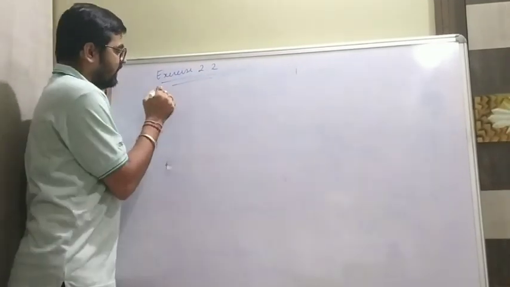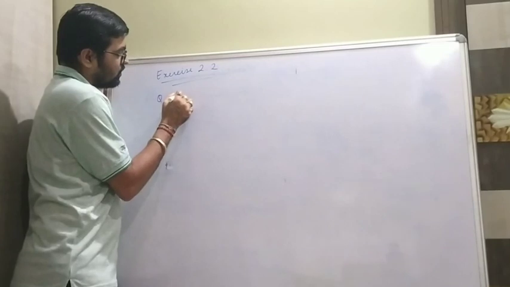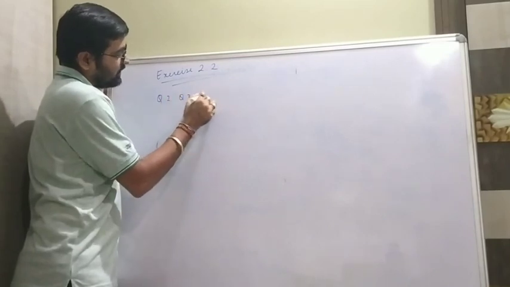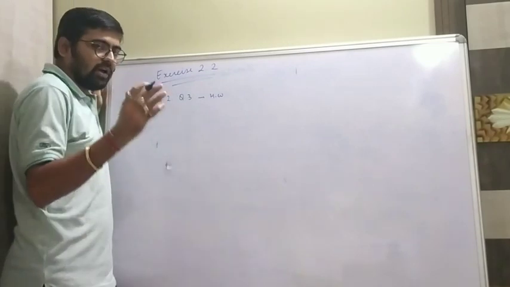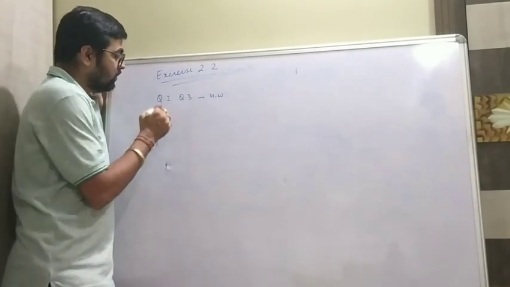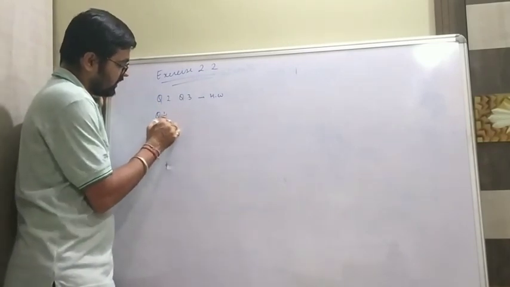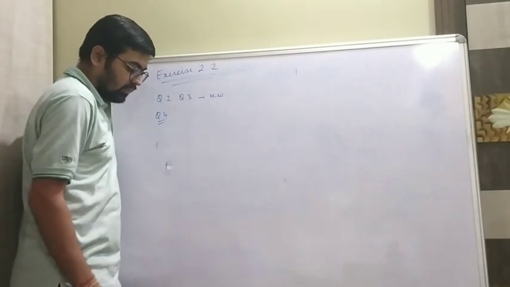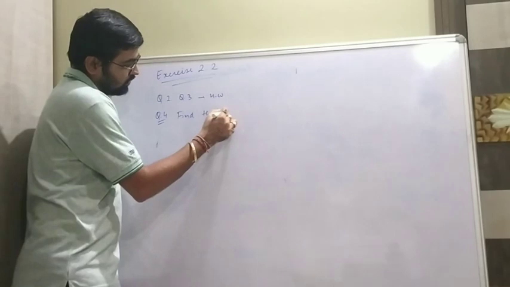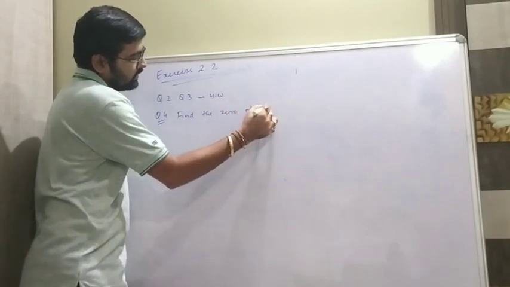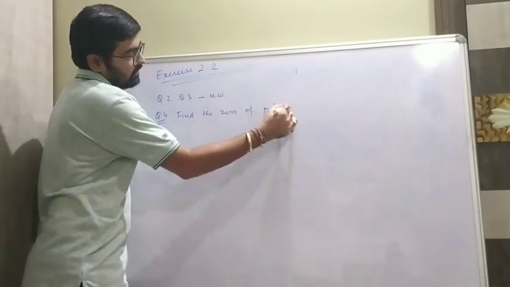So from my side, I am giving two homework: question number 2 and question number 3. Both are homework for you. You try at home. If you have any difficulty, you know where to reach me. Correct? Let's go for question number 4. Now in this one, we want to find the zero of a polynomial.